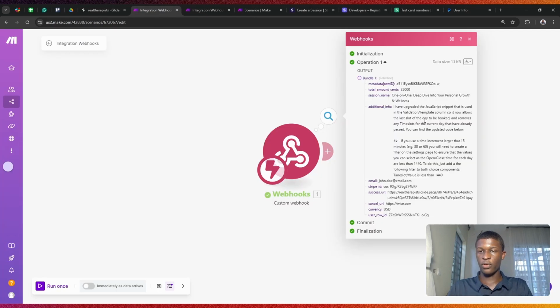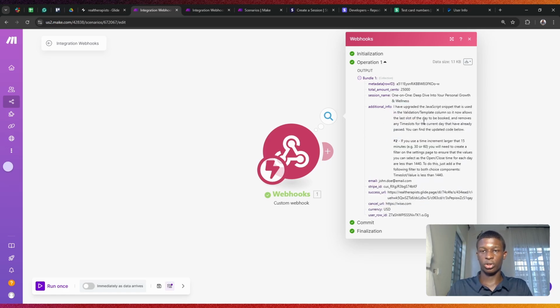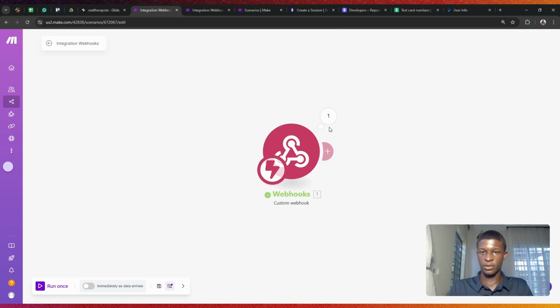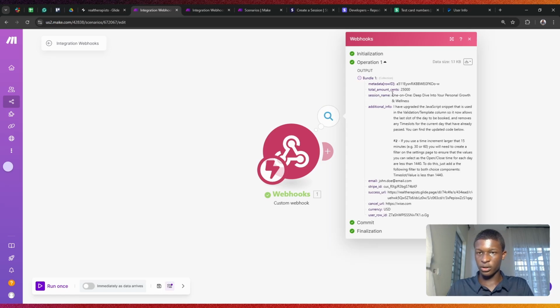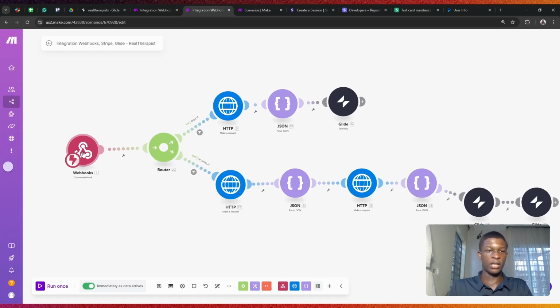Yeah. So we've gotten our body structure here, right? So this is just how it looks like. You can see here we got the session name, the amounts in cents, the row ID of that specific table, the user email, the Stripe ID, source URL, cancel URL, the currency, and the user row ID. So that's kind of like what we did here. And let's head to our main